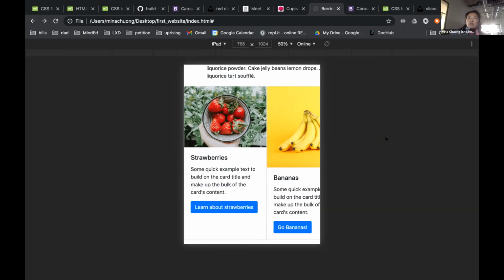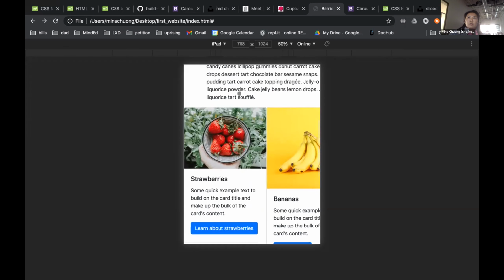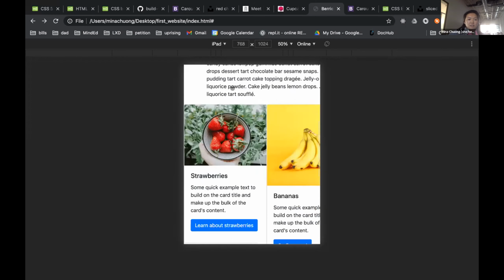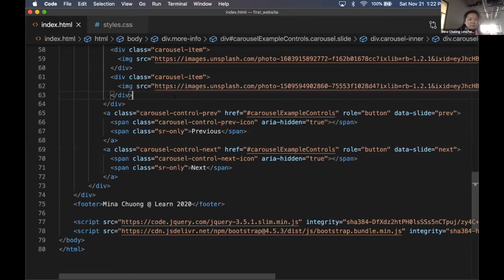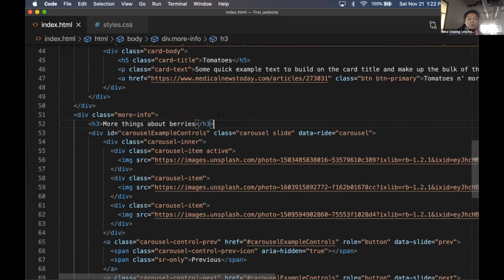Okay, let's see. I think that about wraps it up. Oh, I think I might have missed one little part of our document here. This is more just adding more content to our HTML page, but we'll go ahead and do that. So right below the more things heading and above the carousel,